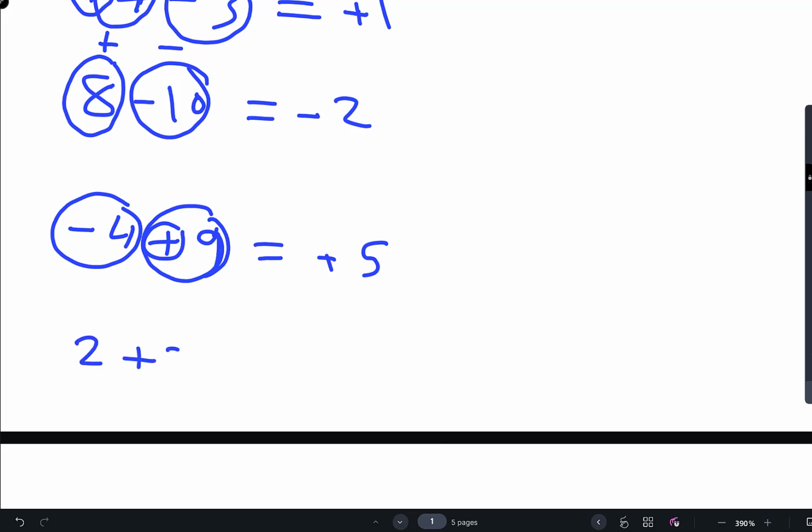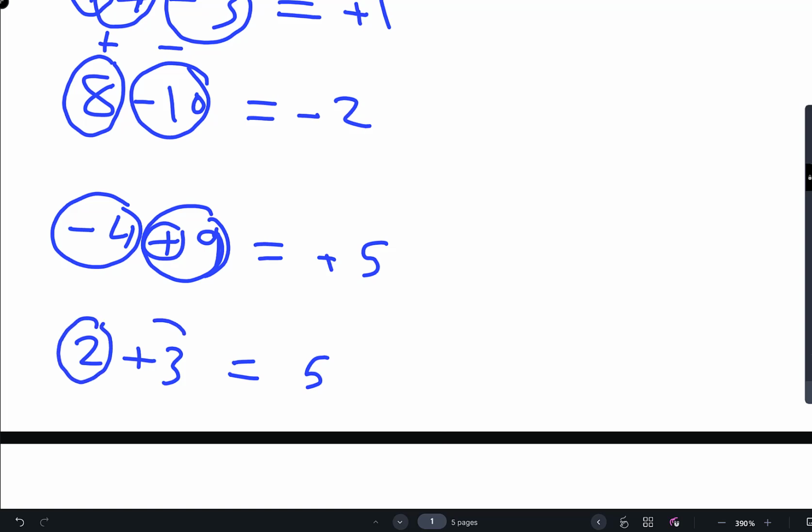2 plus 3 equal to 5. Maybe you are laughing now, maybe you say it is very easy, right? It's easy, but you have to understand why we can combine them, because